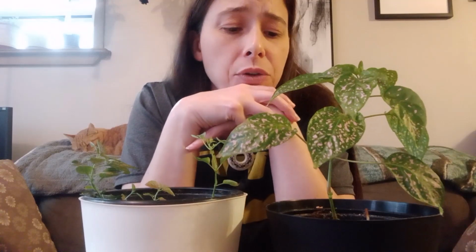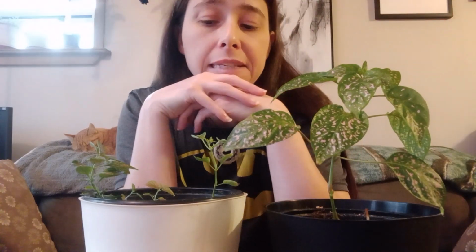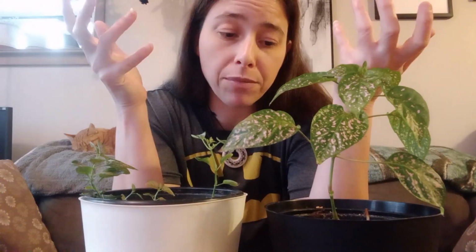I've given up my attempt at trying to make a bushier plant version of these guys, and I've just decided to let them go at their own pace if they decide to turn into a vine and start hanging down, because I do have these guys hanging in a south-facing window, but kind of to the left, so they don't get direct sunlight, but they do get that bright light. But they're also in a room where there's a grow light, and they do get some light from that. I don't know if they like it or not. I know my Croton does, because they're in the same room as he is. So I've decided to just let these guys do their thing, be vines,